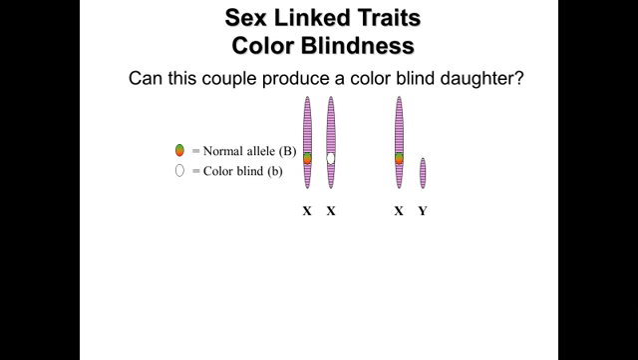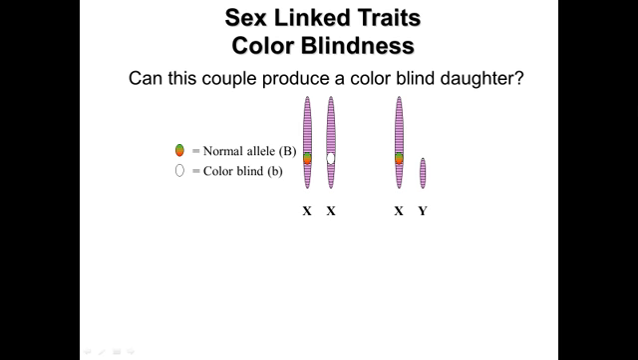Okay, here's another problem which is very similar, and the question is this: can this couple produce a colorblind daughter? So what do we have? Well, we have a mom who has one normal allele, which is big B, and one colorblind allele. So she's heterozygous, which would be big B, little b, and then the dad has a single good chromosome, so he would be a big B with the Y chromosome. Okay. Well, you might think again that because the mom has one bad chromosome,